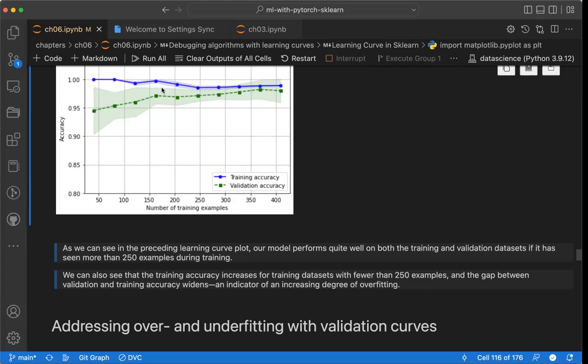Who can tell us what is happening when we have between 100 and 200 data points? We can see there is a gap between the accuracy of the model on training. We are increasing the number of data, that is why it is decreasing. Okay, so what is happening now? This gap is telling us the gap between model training accuracy and